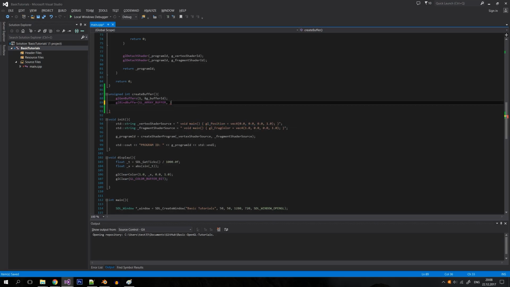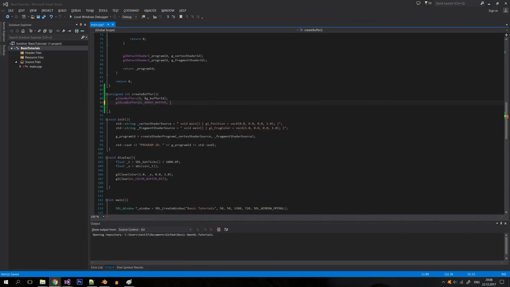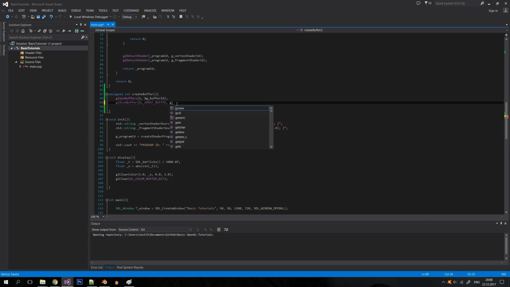If we go to the OpenGL specification, you can see different buffer binding targets. We're just going to be using GL_ARRAY_BUFFER in this video, which is for vertex attributes, as I've said before. In the future we'll also go over GL_ELEMENT_ARRAY_BUFFER, which I will explain in probably the next video. So let's go back to our project. We're gonna bind the gBufferID as a GL_ARRAY_BUFFER,